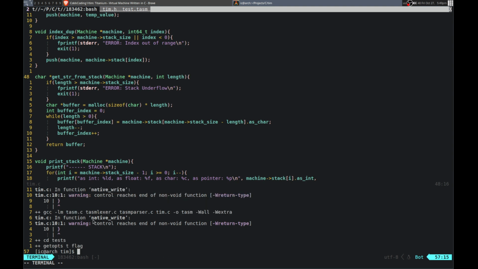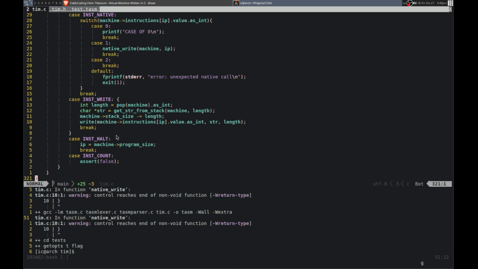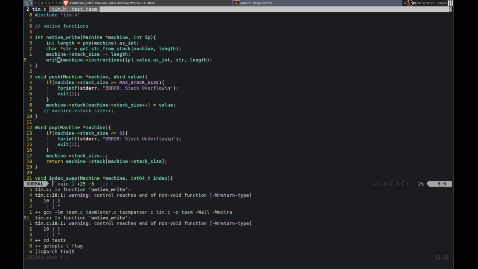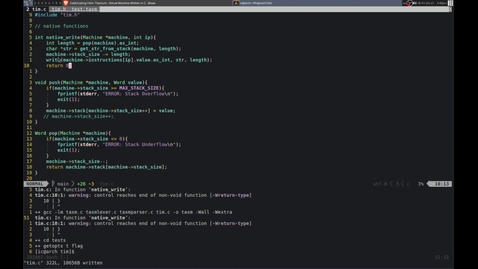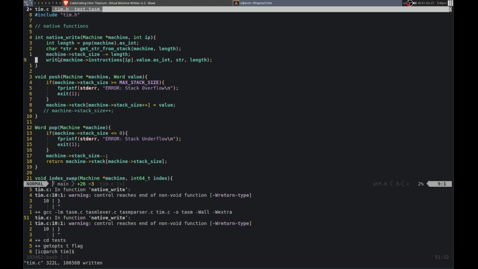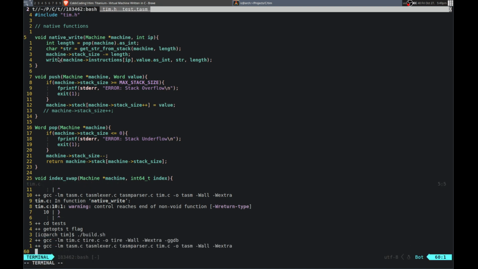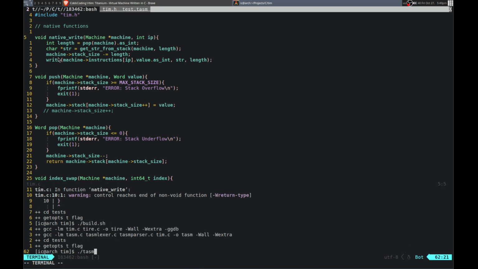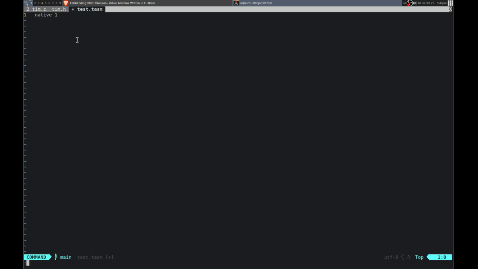Alright, so we do have some other problems. Native right. So we need to return from this actually. Yeah, we'll just return 0. Yeah. So it could be a void probably. Maybe I'll just make it a void. Yes. Okay. So let me actually modify this to be 1. So basically, it's going to function the same way. So we can push hello world. We don't need that. And then we'll push,